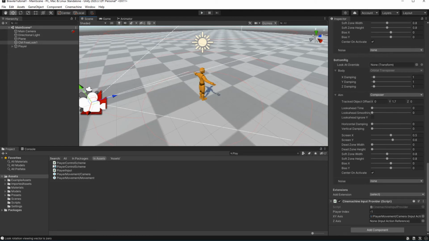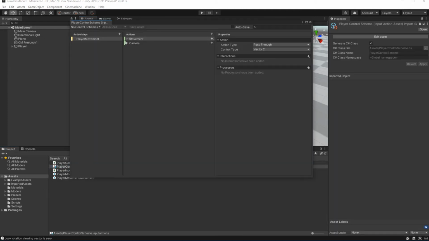Good, it is punching time. Open the player control scheme. Let's create a new action map called Actions.